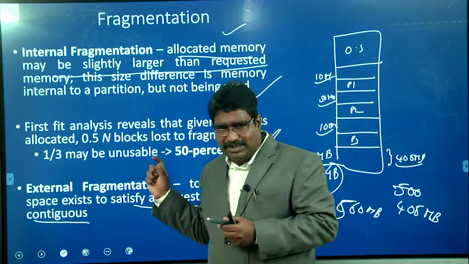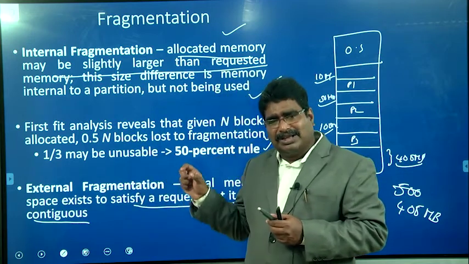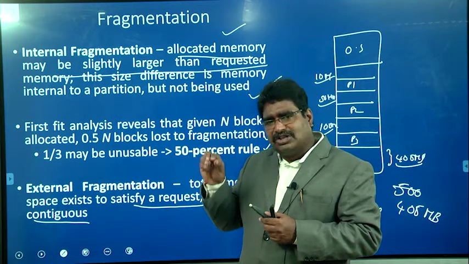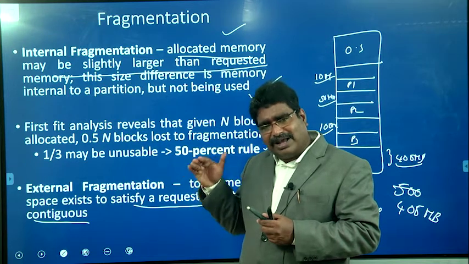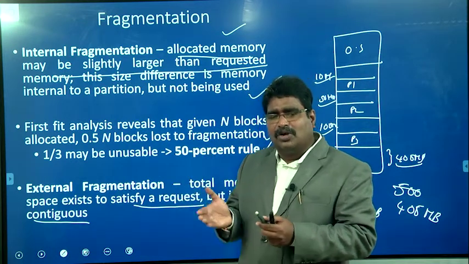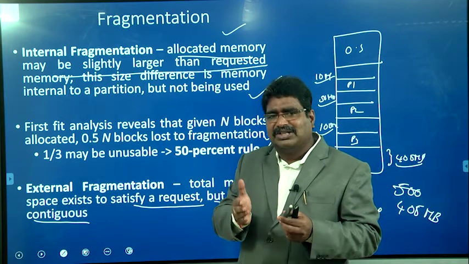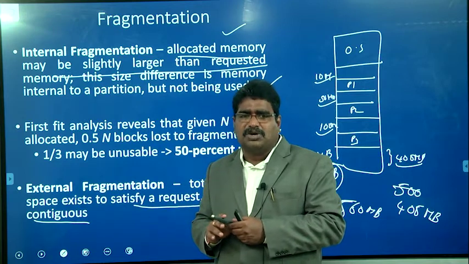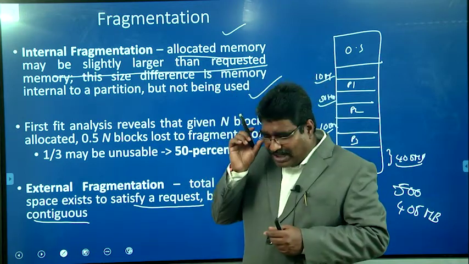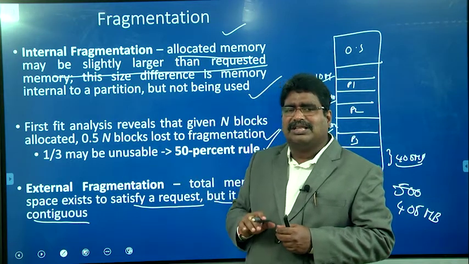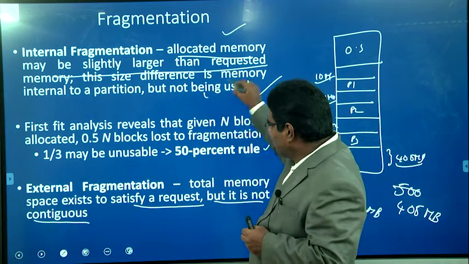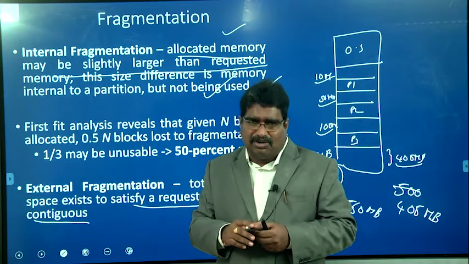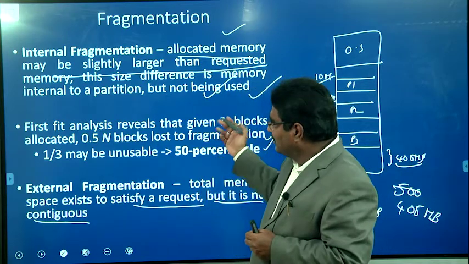The example is, we are assuming that a process size is 10 MB, but in the first fit algorithm, it identifies that 10.1 MB of free space is available. If we partition and only 10 MB is allocated, that 0.1 MB is not utilized. Instead of partitioning, if we allocate the total 10.1 MB, then internal fragmentation can be eliminated. But if we allocate 10.1 MB to the process, then the internal fragmentation problem is generated. They prefer internal fragmentation because performing the partition and merging is also an overhead. So generally internal fragmentation exists.